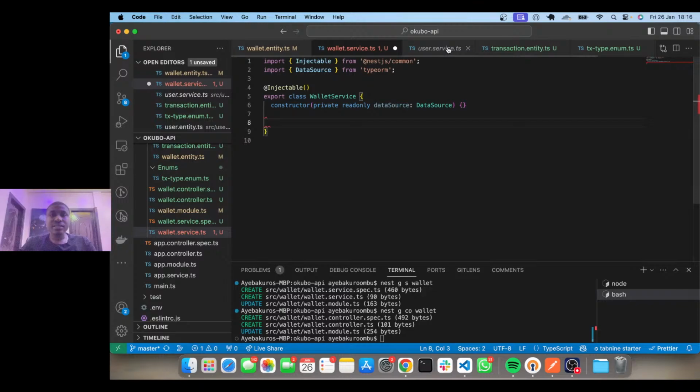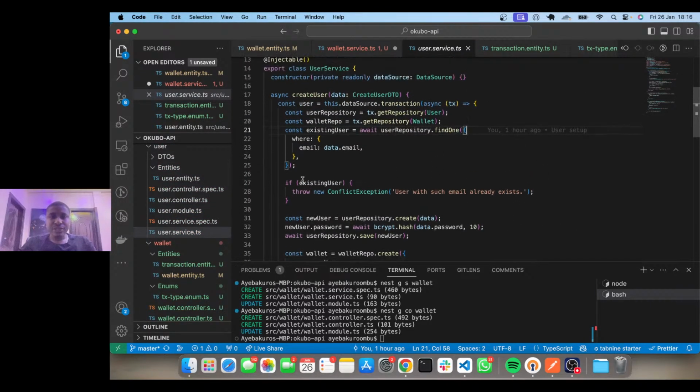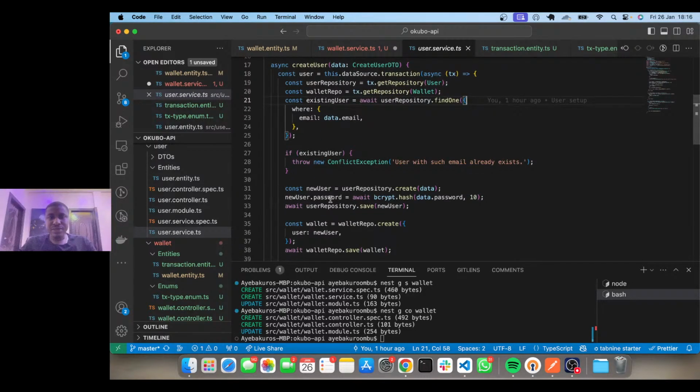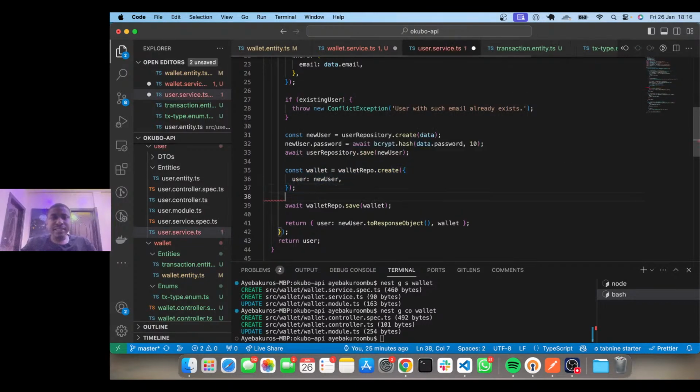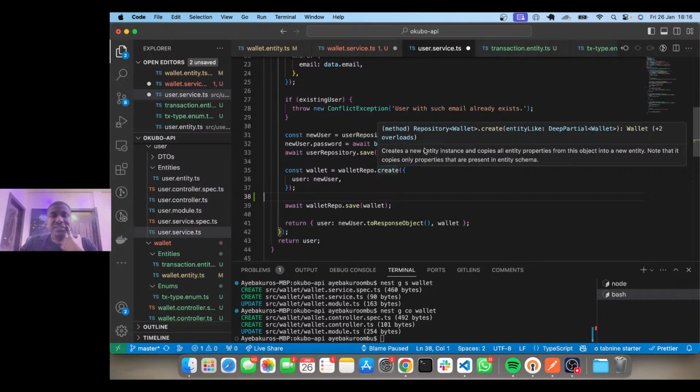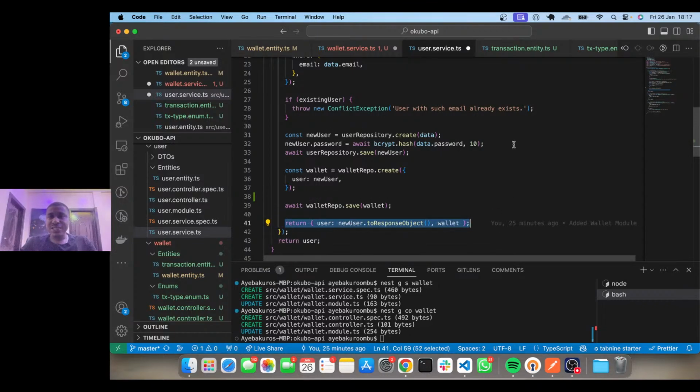I did that in the user service, where a new user is created, the password is hashed and saved, and then a wallet is created for that same user. If anything fails after the user has been created, the user that was created rolls back. It's not saved to the database until everything works out fine and it returns what it's meant to return. So that's basically transactions, and you do that using